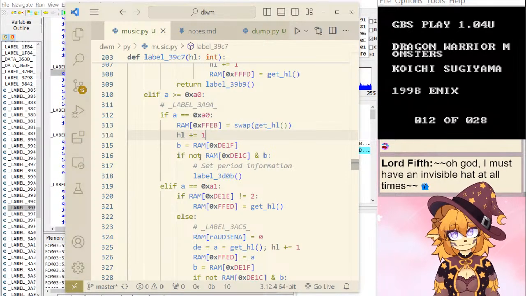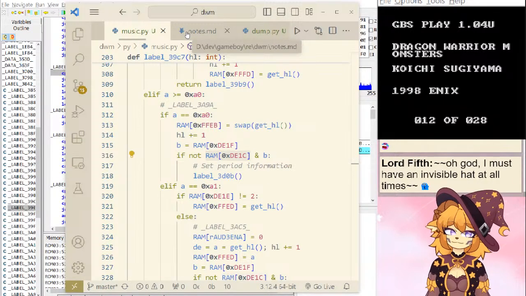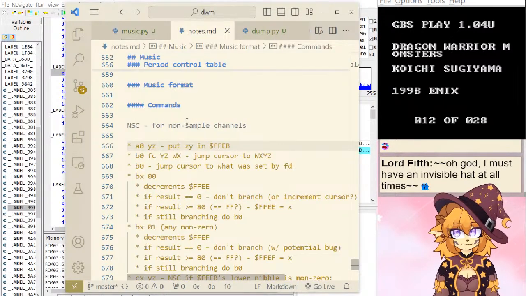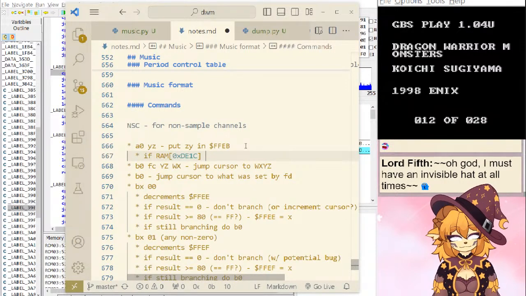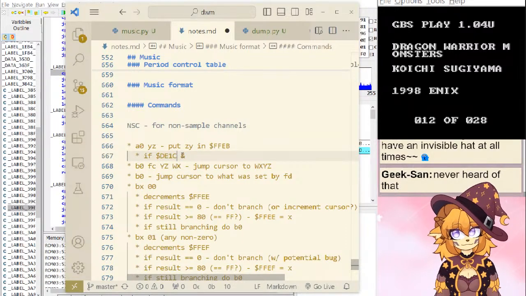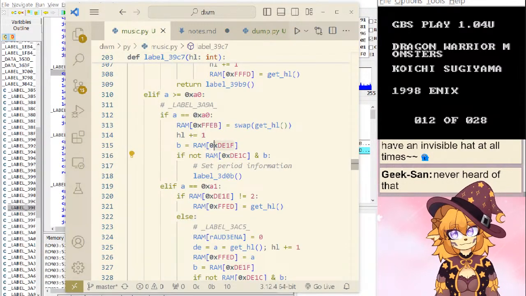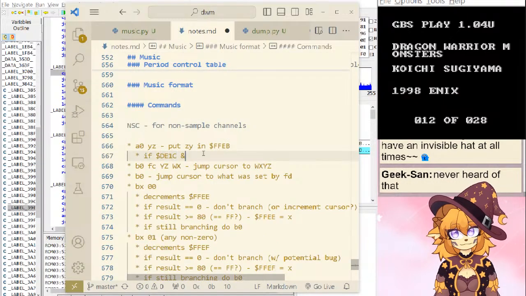What is it saying? Not DE1C, so that's pretty specific, but I assume it's... No, that's not quite right. I guess I shouldn't do that whole thing. DE1C and DE1F.